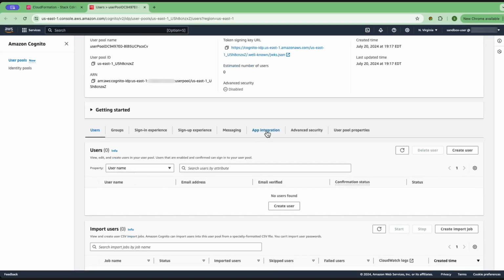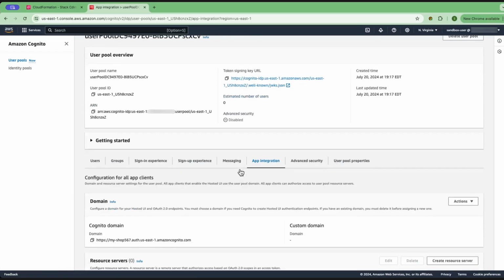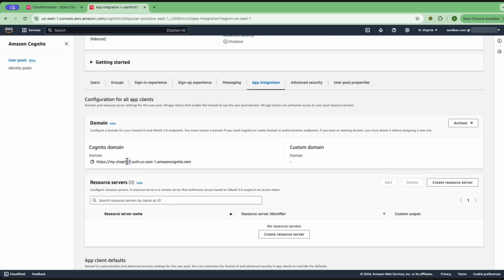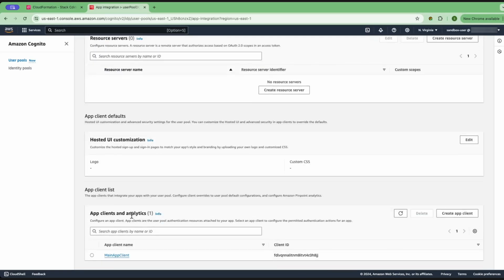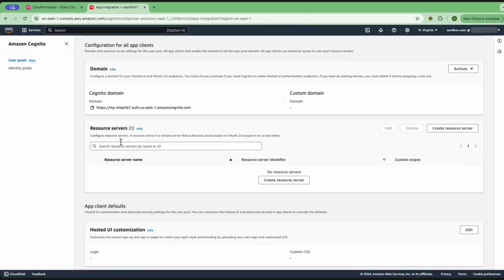And if you go to app integration, you should see this is our non-custom Cognito domain with the prefix that we specified. And then here you're going to see the app client that we created. And here is all the information about that app client. Next step is to create a user. So let's go back and copy the domain